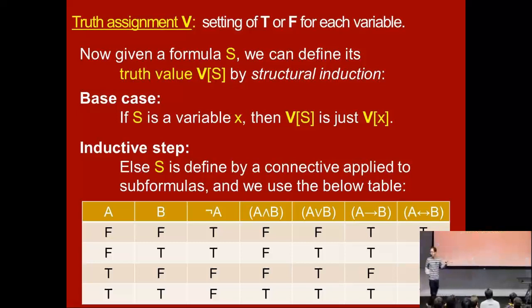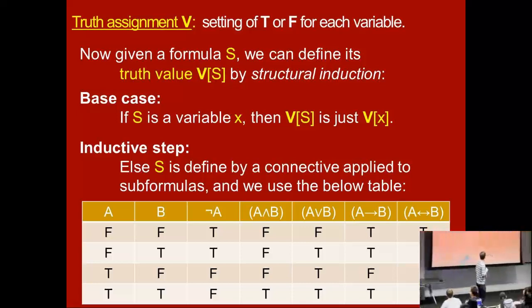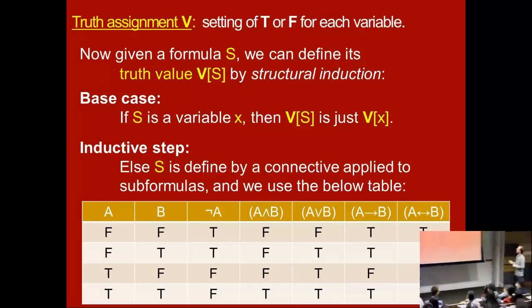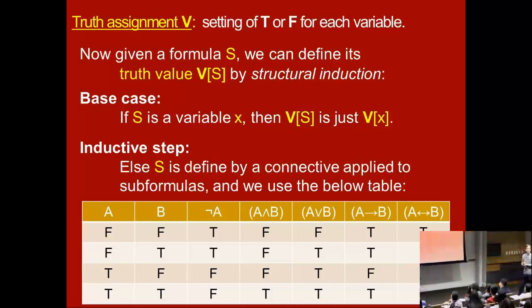Okay, so let's make this clear with some definitions. Truth assignment. I did not mean to have an irregular sigma character here. This should be a V. PowerPoint has screwed me once again. I'll fix that. I do like PowerPoint, though. A truth assignment V, not variant sigma, is a setting of true or false for each variable.